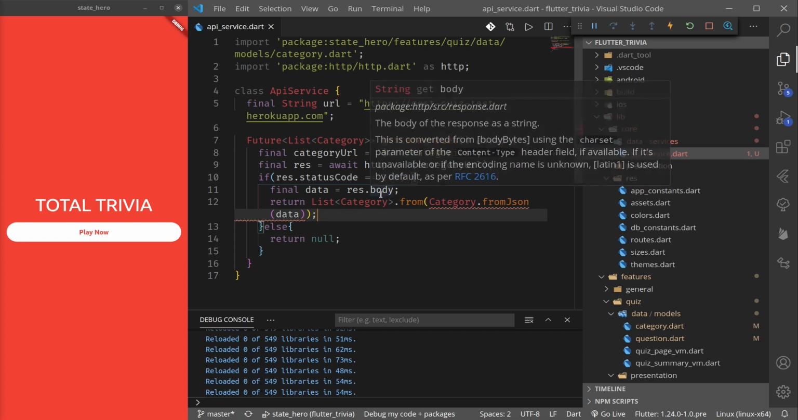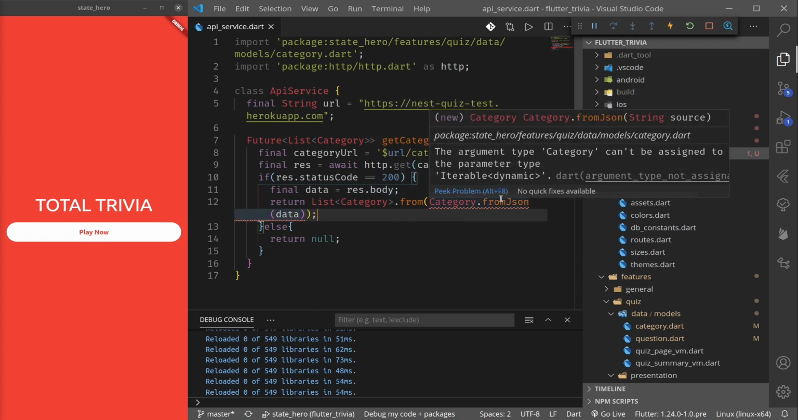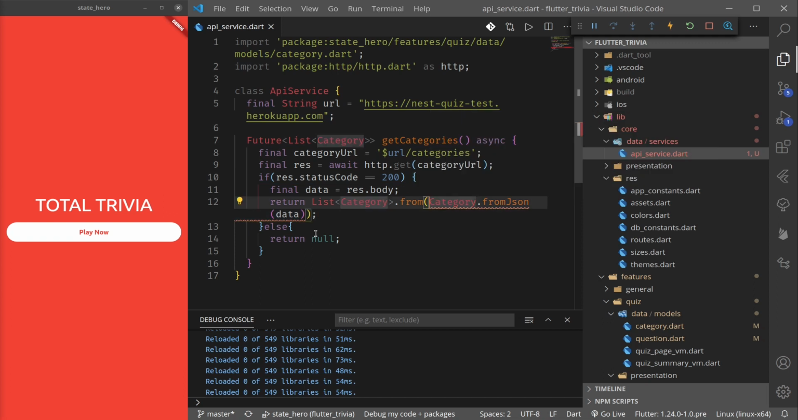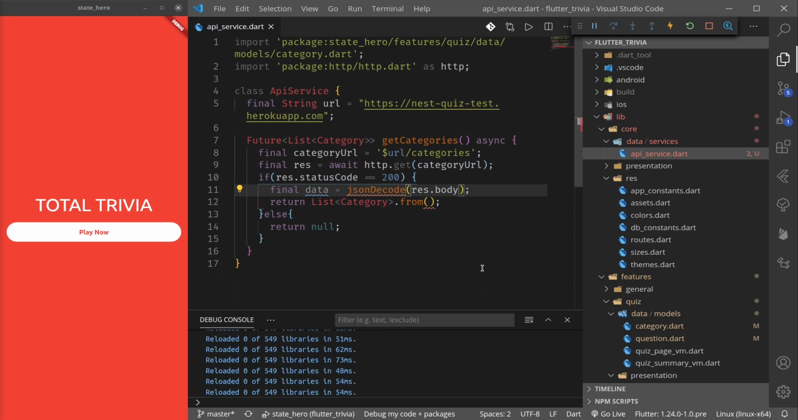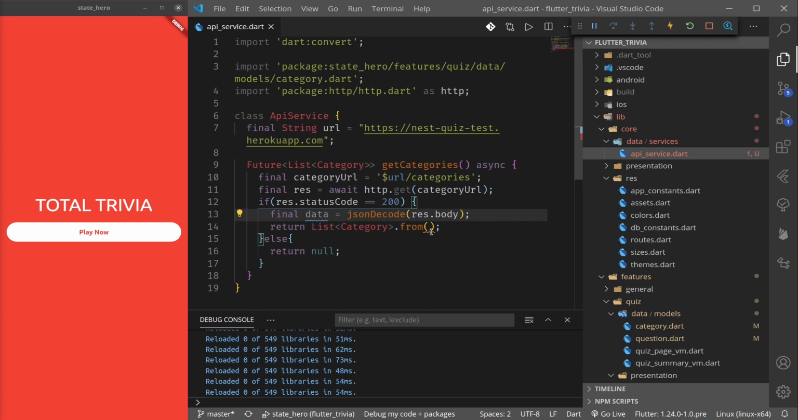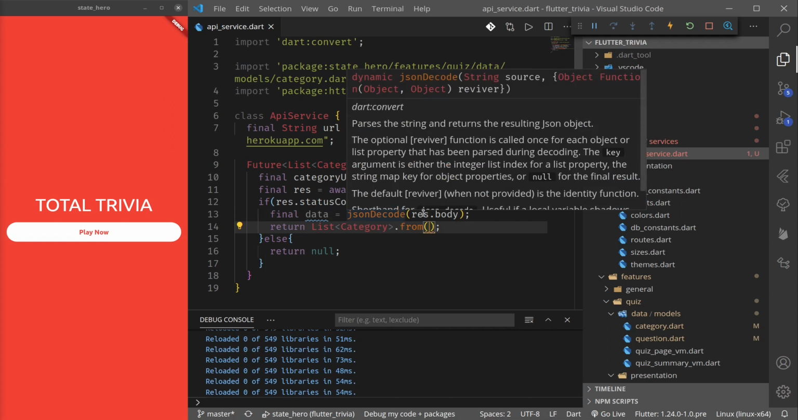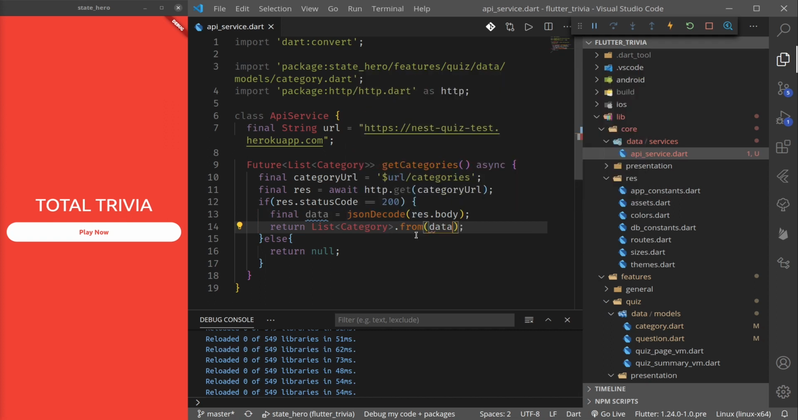So this rest.body is a string. From JSON expects a string, iterable dynamic. Sorry, this should be a list. So I think we need to make some changes. Let's use JSON decode. For this we need to import dart:convert, this library, and once we have JSON decode, we get a list. So our data is a list, so we can use .map